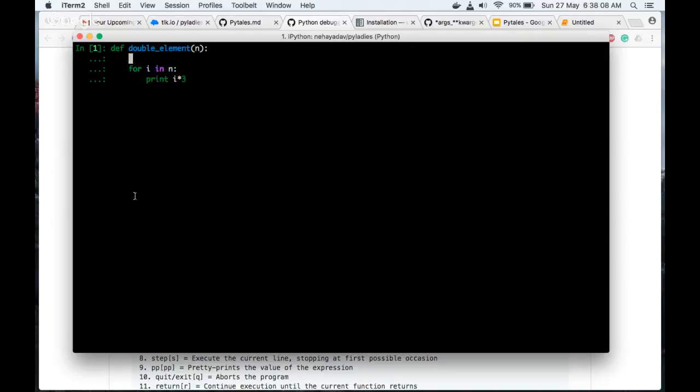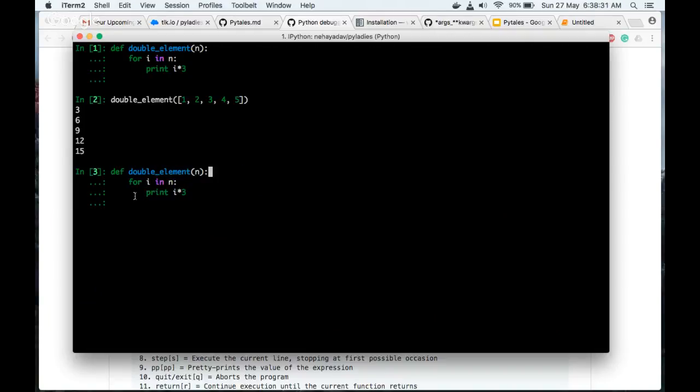Let's not run this with the PDB. Suppose you are running a program where you enter a list of numbers and you want to double those numbers, but when the output comes, you see that it's not doubling, it's tripling the number. At that time, what you can use is simply, at the point where you think it's failing, add the PDB,